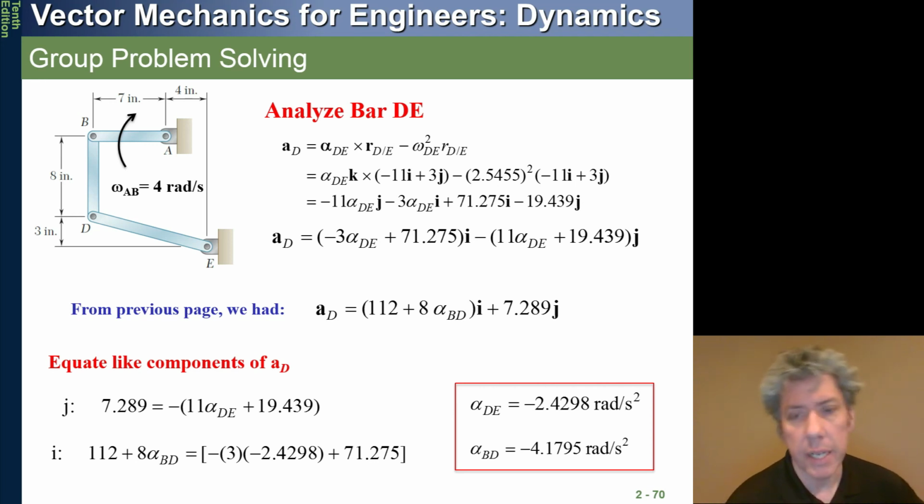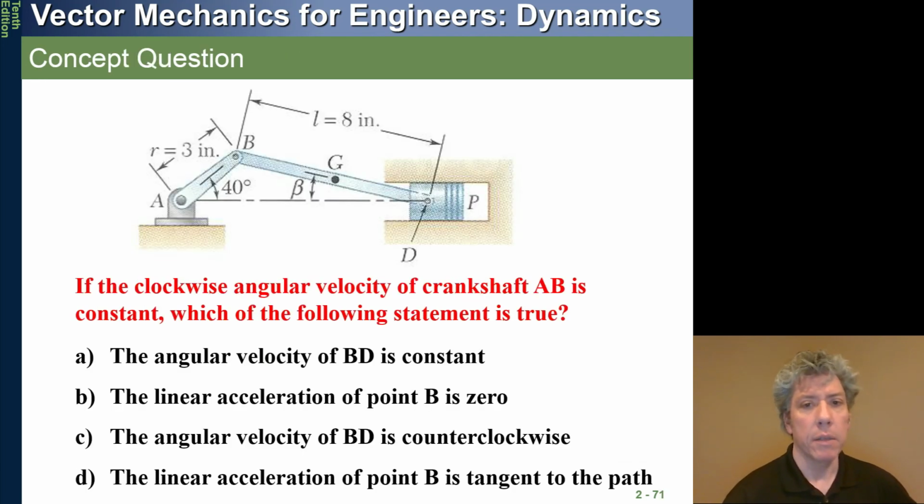You always break down the acceleration into a normal and tangential piece. Sometimes you've got a cross product. Well, in fact, almost all the time you have a cross product along the way to consider. But then you equate components, realizing that your vector equations are actually two equations in one, and then you've got it. All right. So finally, if the clockwise angular velocity of crankshaft AB is constant, so it's rotating clockwise,